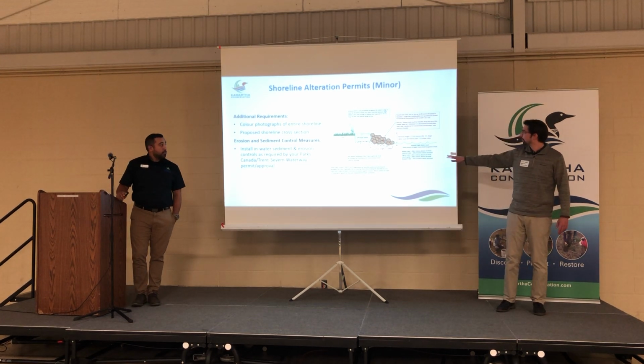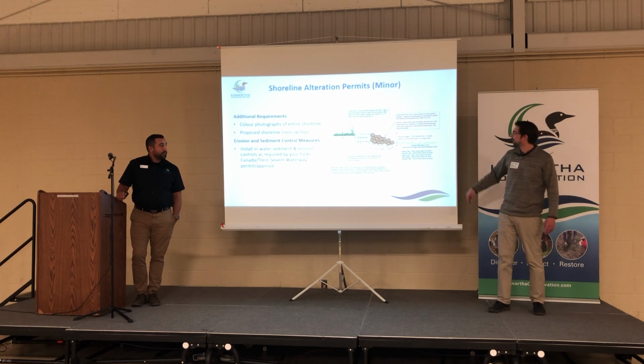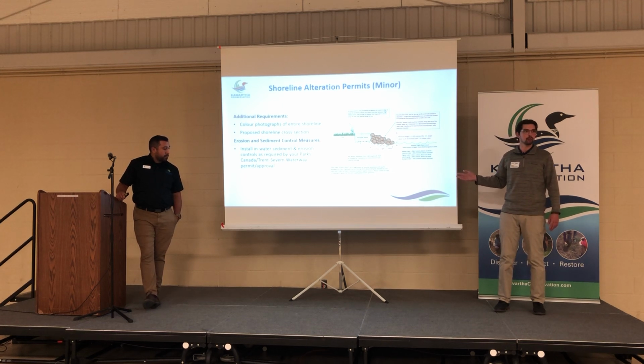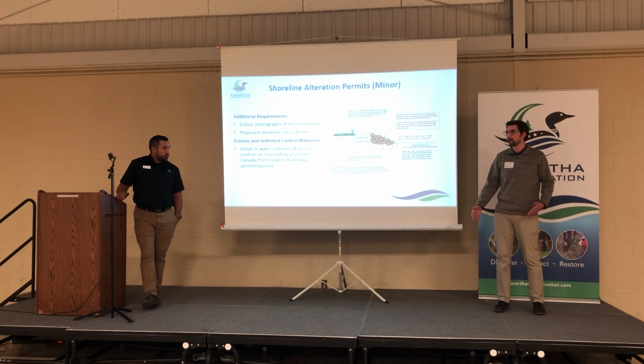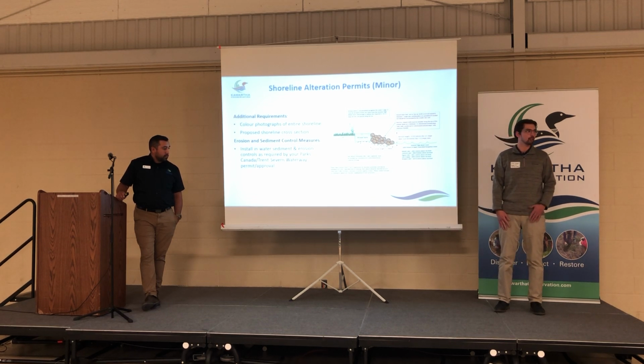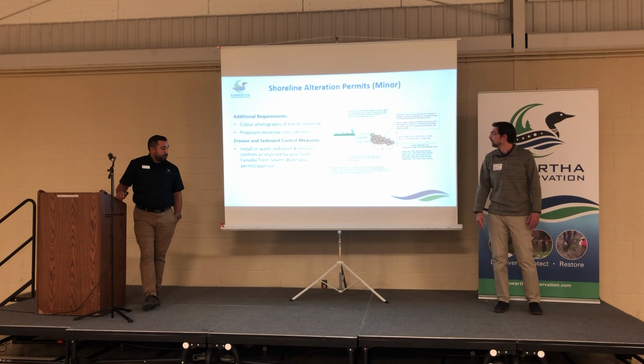I see that it's a little bit blurry here, so I'll run through this a bit. This is an example of a permissible cross-section for your shoreline using armor stone and sloped rock. Armor stone is not required, as some of our presenters have explained today, for shoreline erosion protection. It is more of an aesthetic piece. Oftentimes, sloped river rock or riprap is enough to adequately stabilize your shoreline.